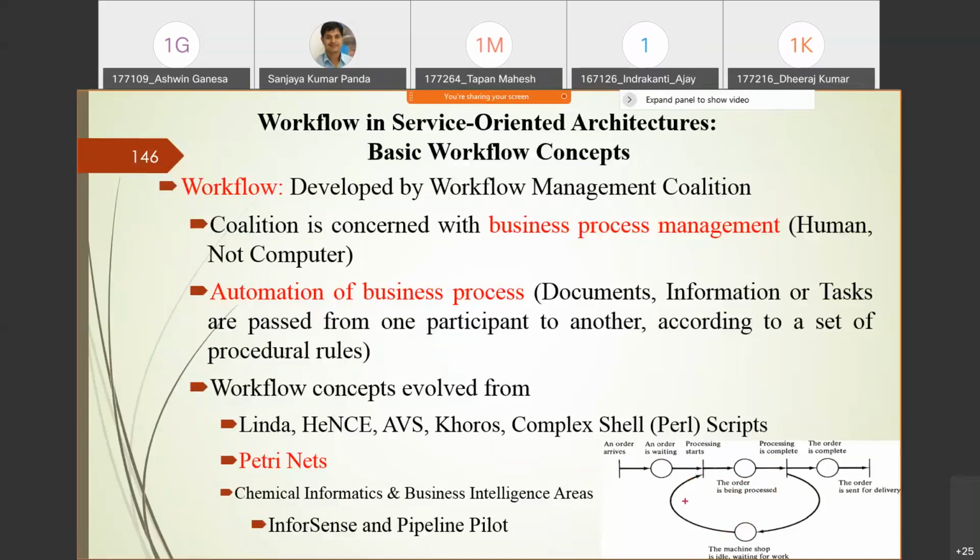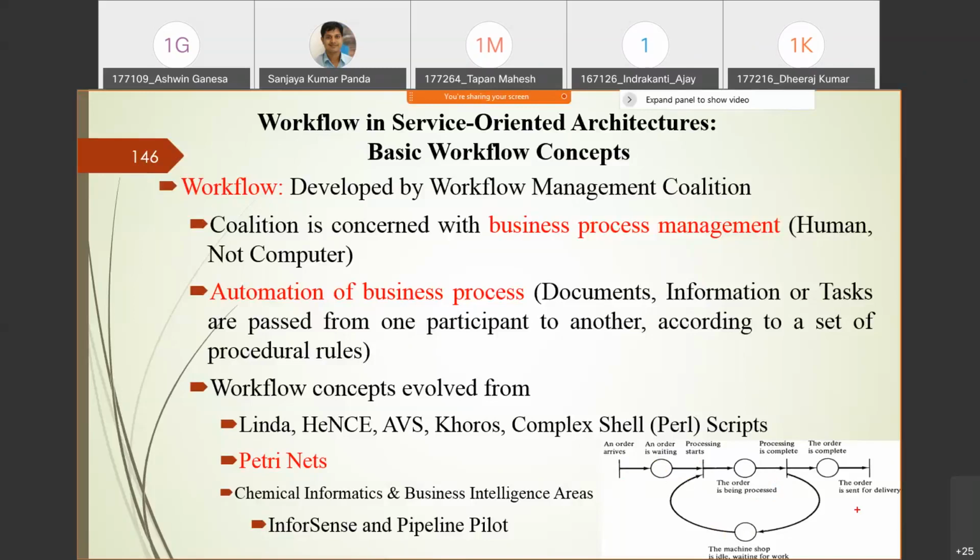Once the work is there, it will again start working on that product, or preparing that dish. Once all the items you have ordered are cooked and packed, the order is complete. The order is sent for delivery, right?